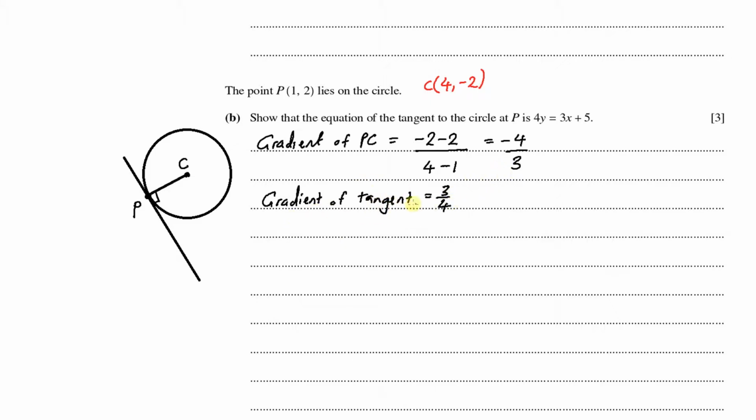So now that we have the gradient of the tangent, we can now work out the equation of the tangent using the formula y minus y1 is equal to m of x minus x1. So we can say here y minus, using the coordinates of P, the y coordinate is 2, so it's y minus 2 is equal to 3/4 of x minus the x coordinate, which is 1. So that's y minus 2 is equal to 3/4 of x minus 3/4. And if I multiply all the terms by 4, so every term by 4,